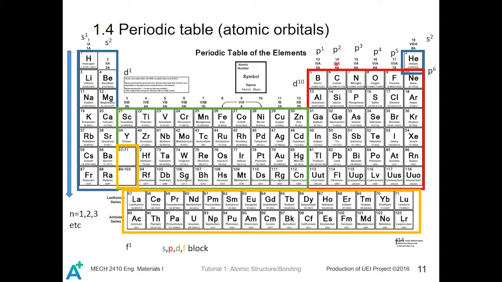And the actual configuration for boron is 1s2, 2s2, and 2p1, and there is a total of 5 electrons when you count the numbers. And in this way, we can also find all the configurations for carbon, nitrogen, and so on, because they are all in the